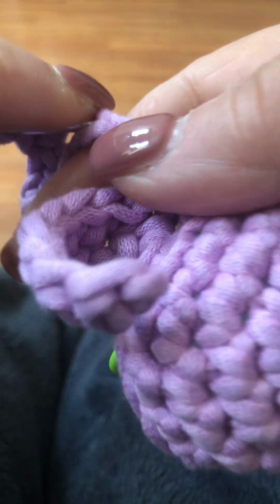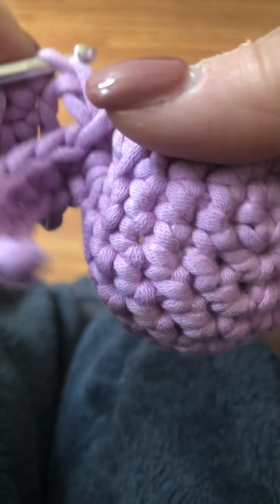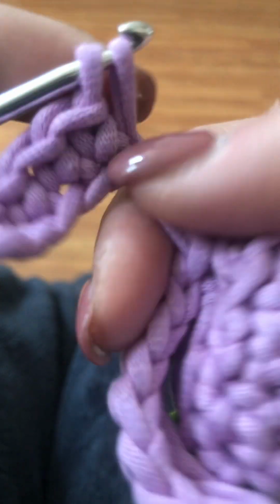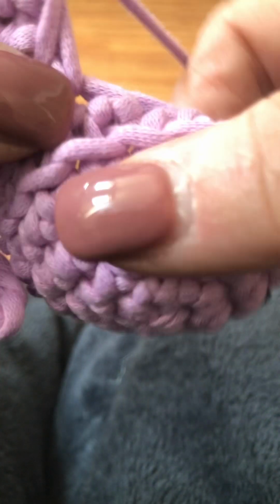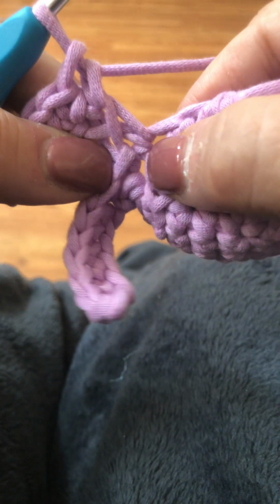I know my hands are in the way. It's very hard as a lefty also. Put it in the loop. Under, over. If you know single crochet, then you know what I'm doing. So over. Okay, now at the bottom. Oh gosh, I hope I don't run out of yarn. Go back into the same loop you started